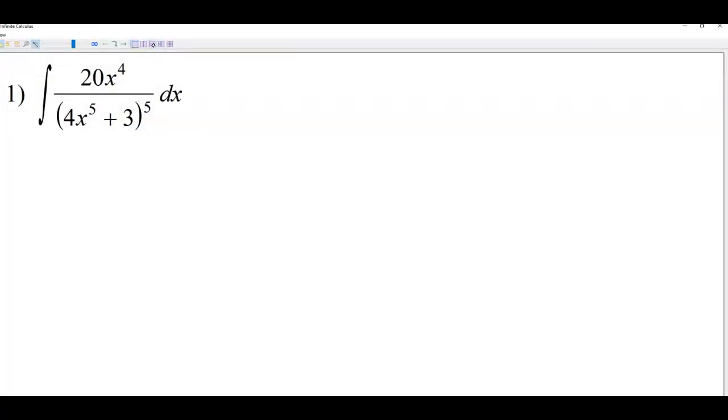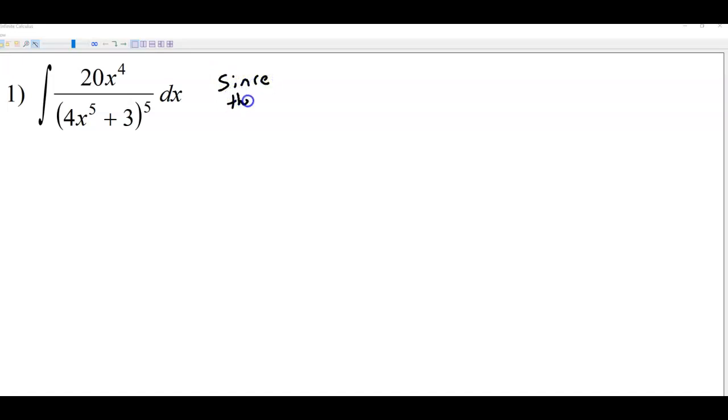So a lot of this test is based on not just getting the answer, but knowing which strategy to use so that you can get the answer, okay? Because there's a lot of strategies that we've learned, and a lot of these problems look very similar. All right, so what I want you guys to notice is that since